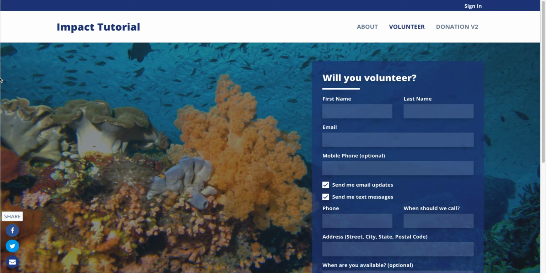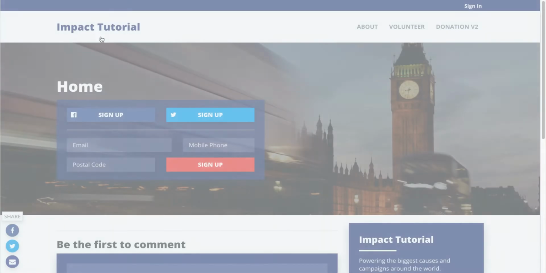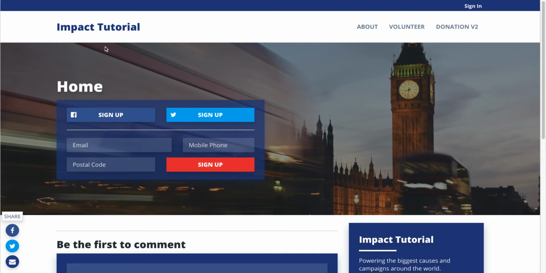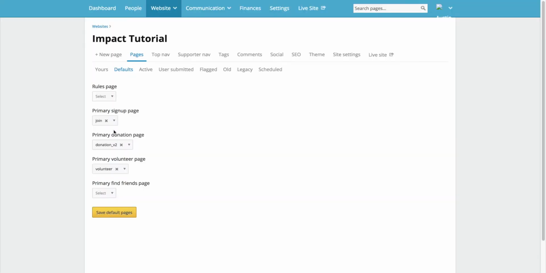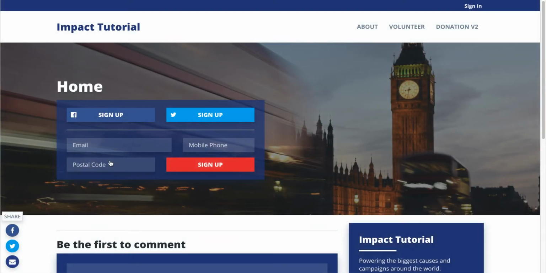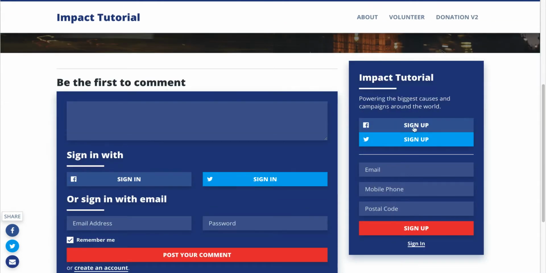So there you go. Lastly, on the home page, if you have a page's defaults primary sign-up page, you're going to get the sign-up form in the header section, only on the home page. And this also will determine whether you get a sign-up form in the sidebar or not. If you disabled that primary sign-up page,